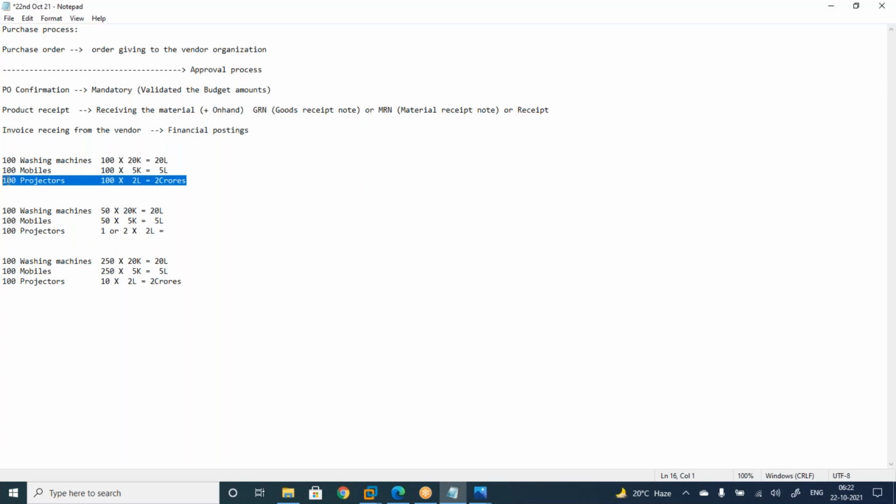Exactly. My intention is that whatever material you are purchasing, it matters whether it is fast moving or not, and whether it is a very costly item. If you are purchasing bulk items and your money is blocked in them and they are not moving, then your company position is in danger.